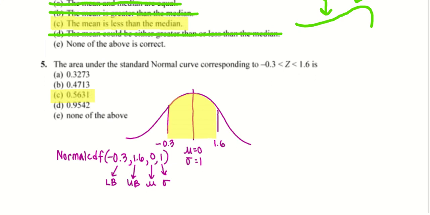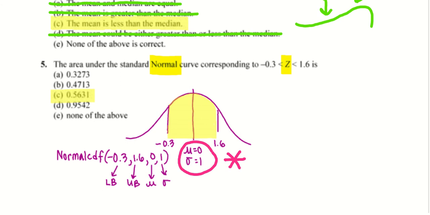On number 5, since the word is normal and we're dealing with z-scores, let me highlight normal and we're dealing with z's. If you recognize that the mean and the standard deviation, this is like huge. If you're dealing with z-scores, your mean is 0 and your standard deviation is 1. You can actually use the normal CDF button on your calculator to calculate this final